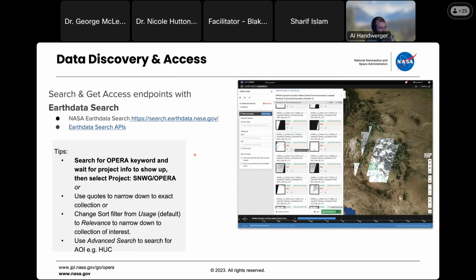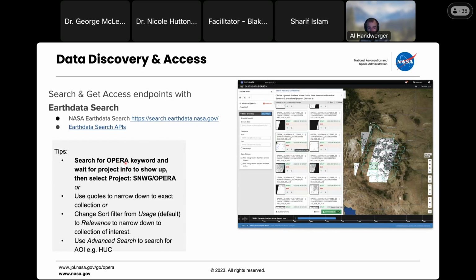And now I'm just going to switch to the final part of the presentation, which will just briefly go over how you can actually access and use these data. So the main way to access most NASA Earth data is through the Earthdata Search interface. You may have already covered this previously, and I think some of your assignments also include this as well. On the right here is a screenshot of a web browser for Earthdata Search, just to provide some tips on how you can actually find the OPERA data more easily.